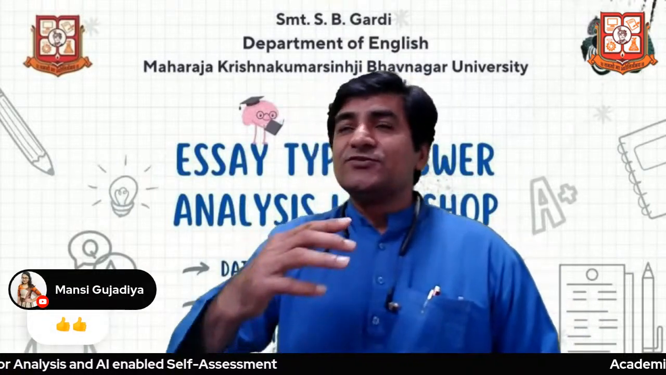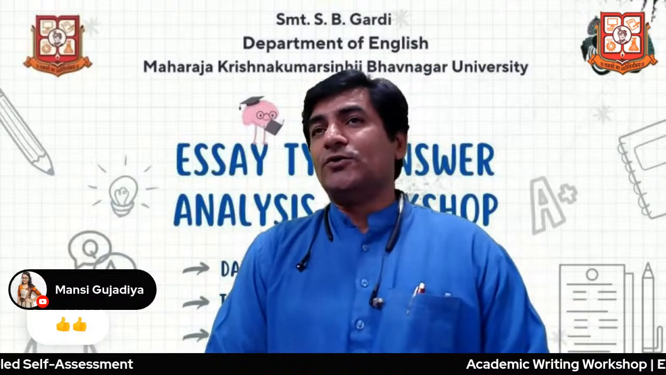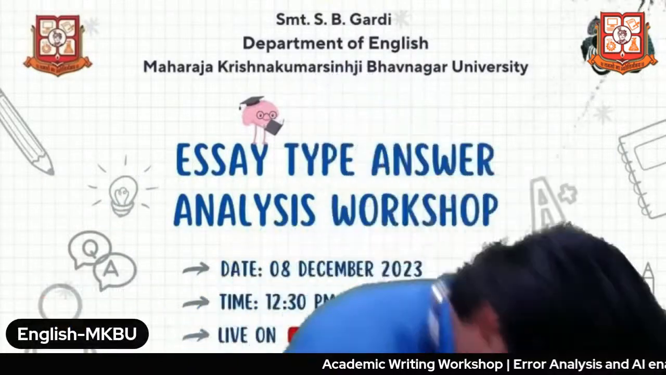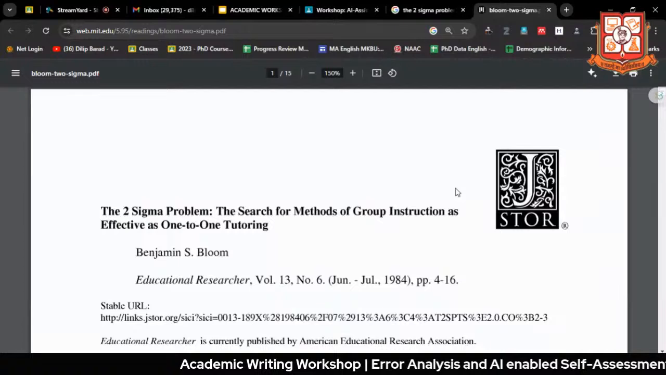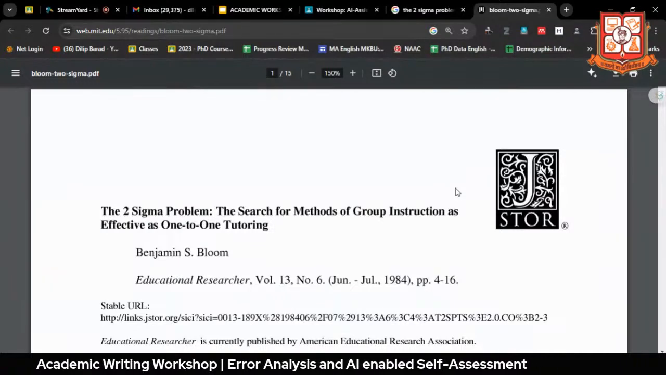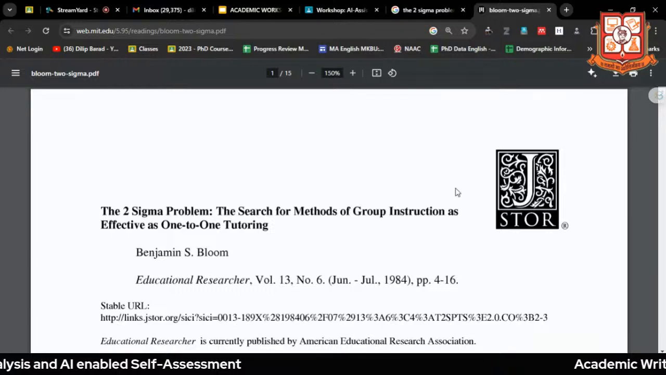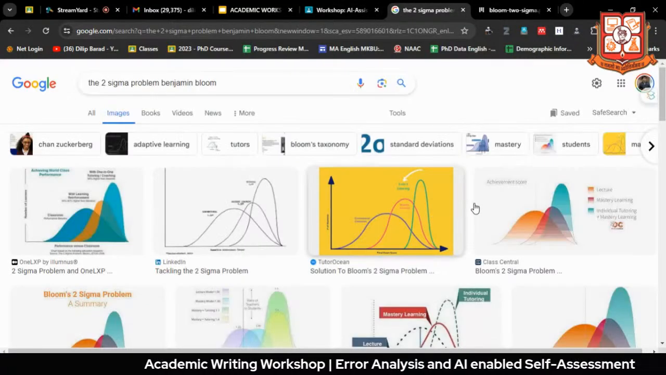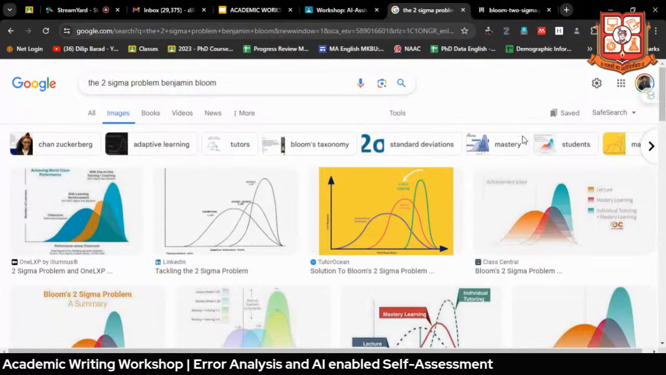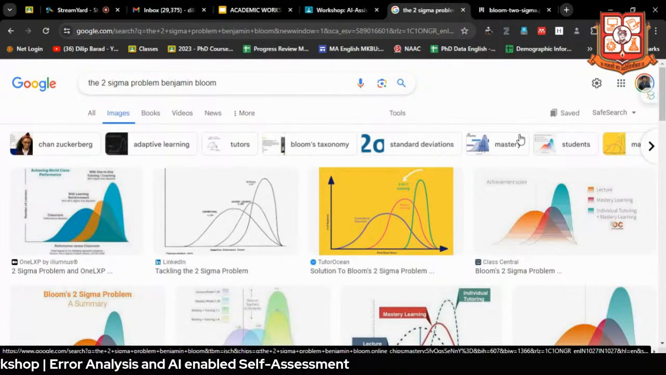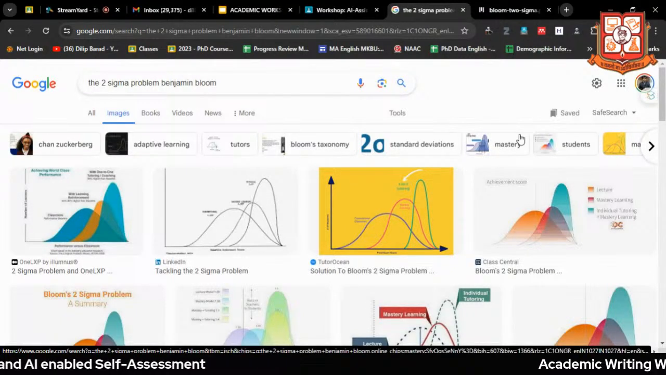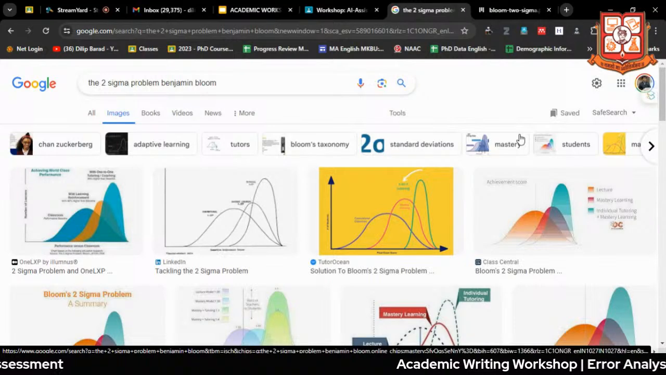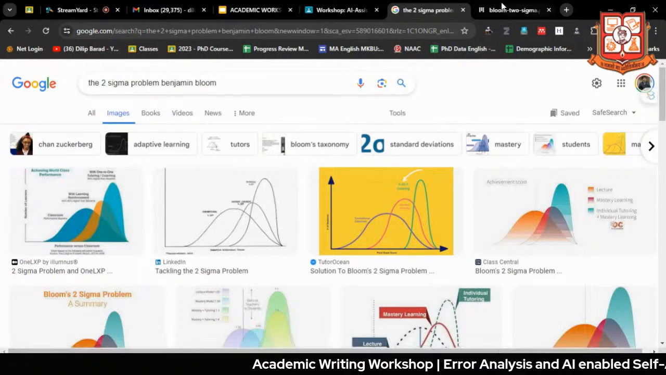In that aspect, there is another dimension of Benjamin Bloom. I have shared this screen. This article is talking about the 2 sigma problem, wherein Benjamin Bloom identified what is needed to improve the learning curve of the learners. This is how it is explained: there is the final third curve, which is the higher curve. In all these graphics you can see this. If you want to lead to that, then what is required is